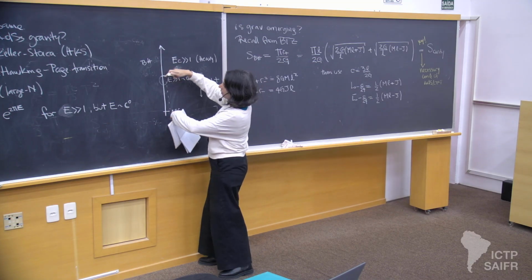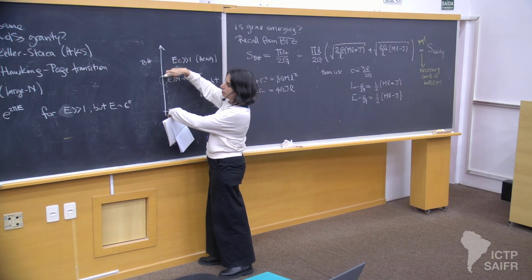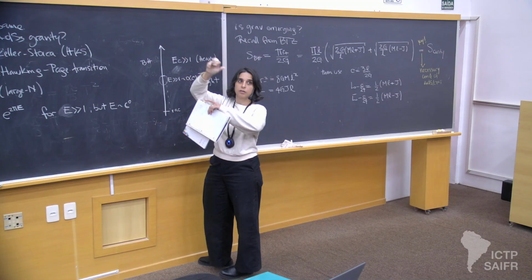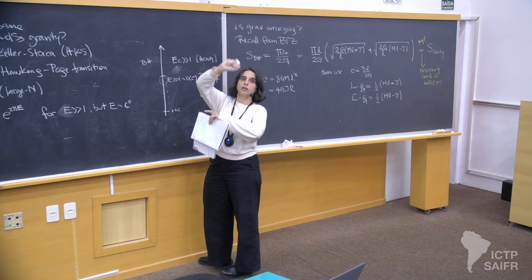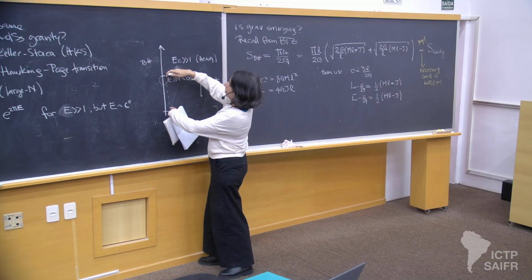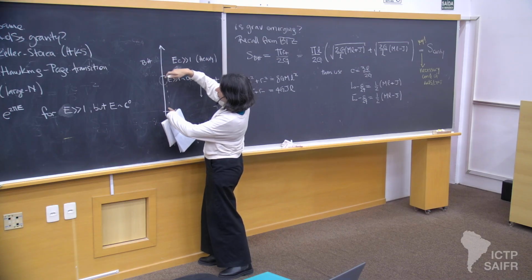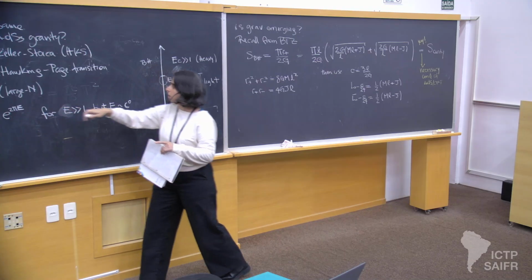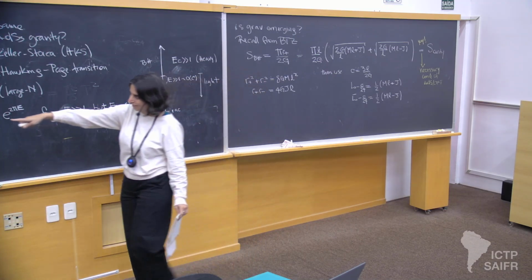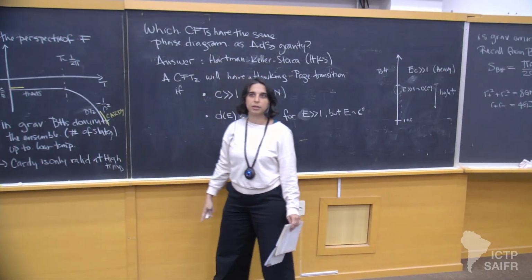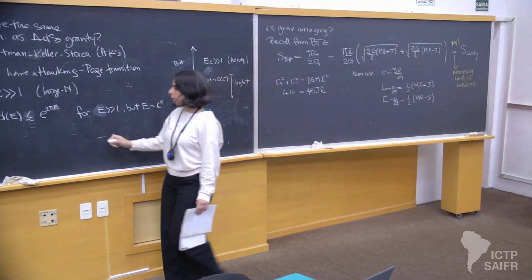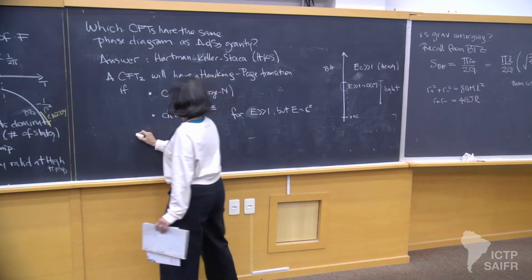They said that if the number of states of the CFT here, so they put a restriction here, again, because of modular invariance, because modular invariance relates things that are light to things that are heavy. It related the vacuum state to the thermal state. So by using modular invariance, they showed that if the number of states here was less than an exponential, then you were going to reproduce exactly that phase diagram in the limit that C was going to infinity. So this is a condition. This is what's called a sparseness condition.